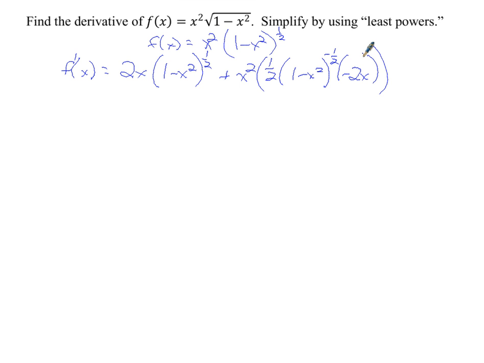All right, the calculus is over. Now we got to simplify. F prime of x equals. For this first term, I can't simplify that just yet. So 2x times 1 minus x squared to the 1/2 power. Simplify over here before you try to find a GCF. So this will be what? It is negative because of the fact that we have a positive times a positive times a positive times a negative. So minus